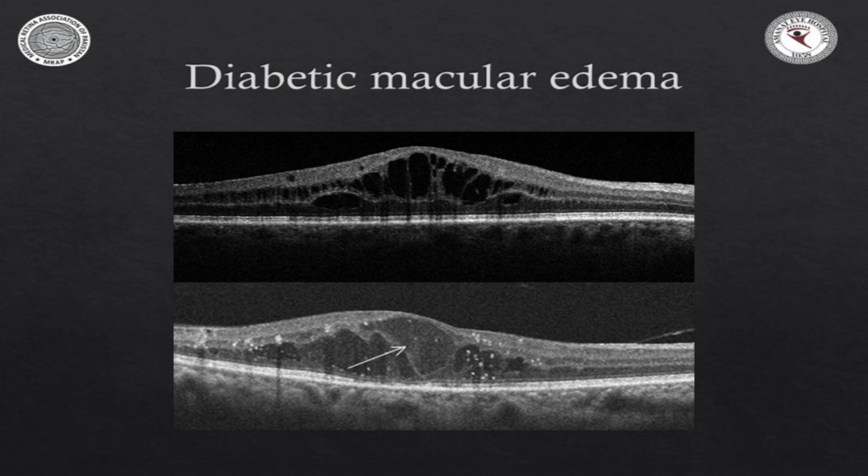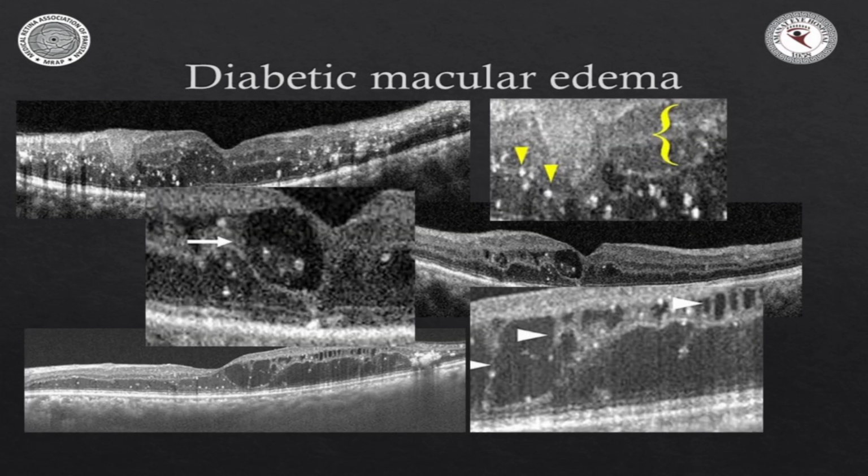So I'm just going to be letting you observe. Now these OCTs are from my clinic, and you can see that there is a difference between the macular edema above and the macular edema below. There are very subtle differences that I'm going to be going through. So again, macular edema, diabetic macular edema, macular edema, but how is it different? Now, if you look at it here,